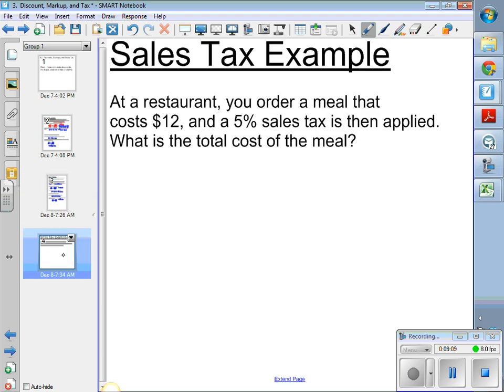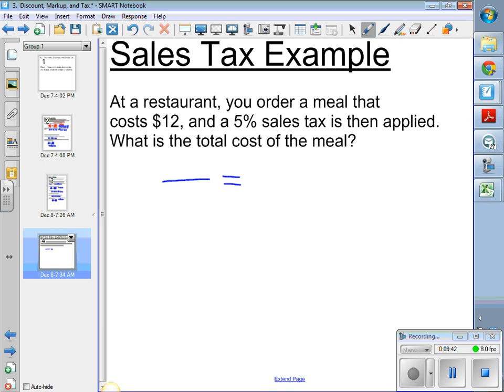All right, sales tax example. At a restaurant, you order a meal that cost $12 and a 5% sales tax is then applied. What is the total cost of the meal? Sales tax is similar. Sales tax is figured out in the same manner as a markup, because we're adding that to our bill. So if we're figuring out the total cost,